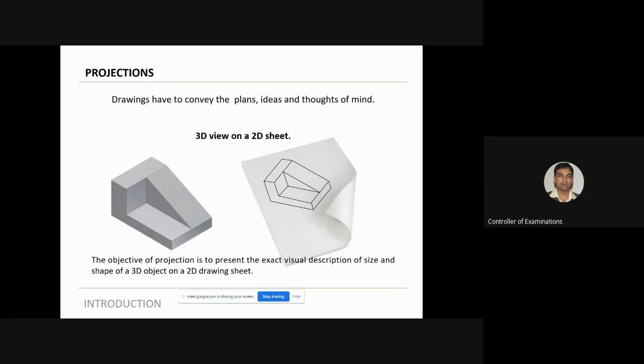Okay. Next is why you need projections. I hope this screen is seen. Yes, sir. Okay. Now the need for this projection is, see, you will have a lot of plans,